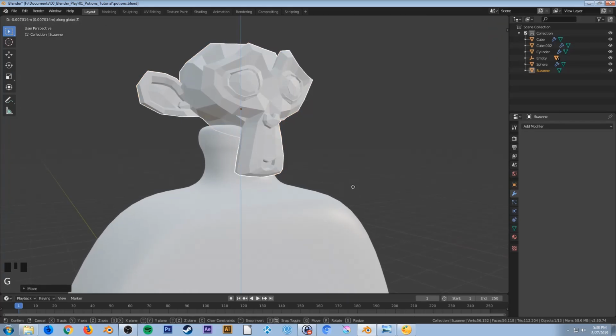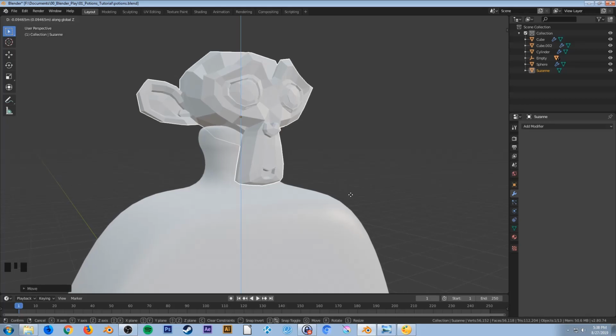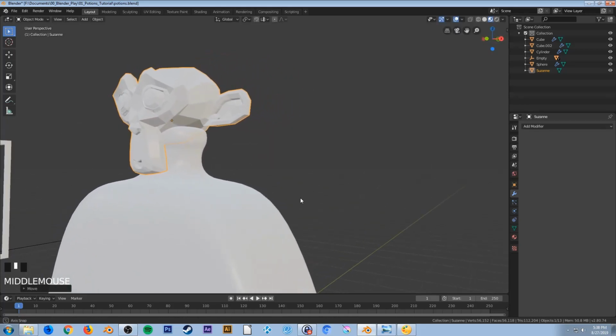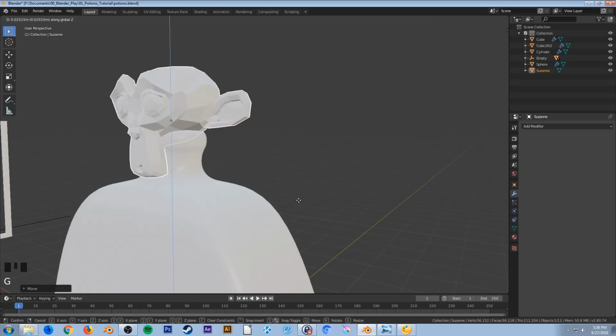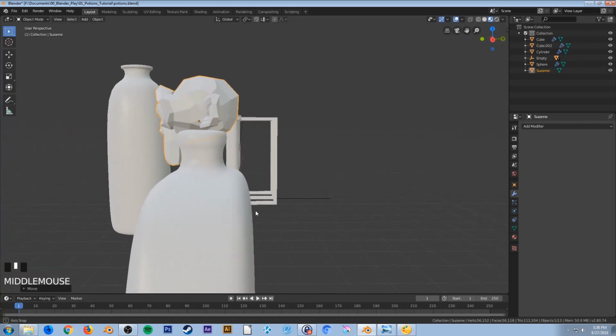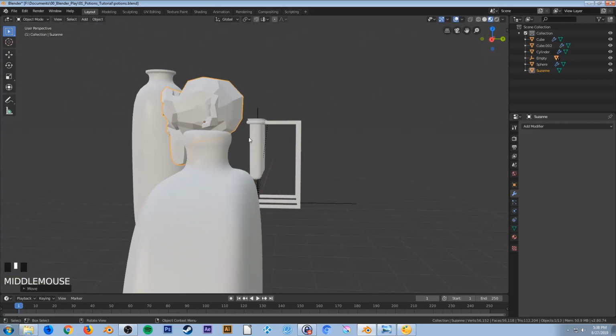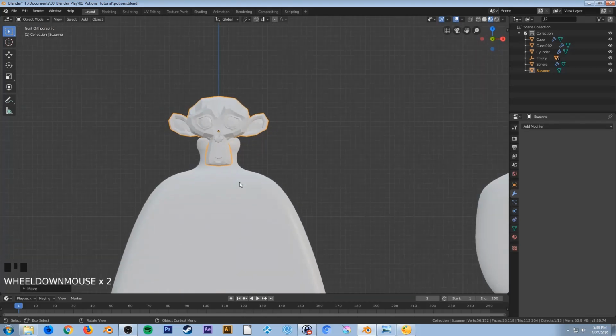Even, I'm going to take this further. I'm going to hit G and Z. I kind of want the head really sitting in this bottle. I'm going to hit G Z, maybe bring it back up a little bit, but I think that looks pretty good. I like how that's matching up here. If I hit 1 to go to my front view,